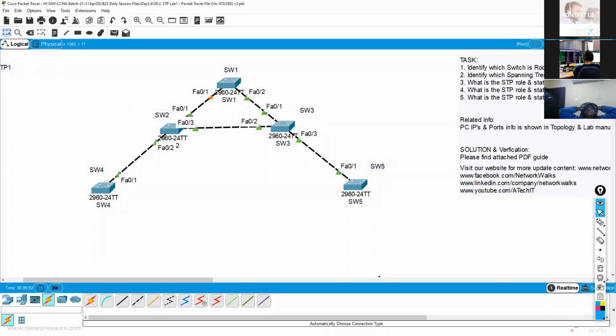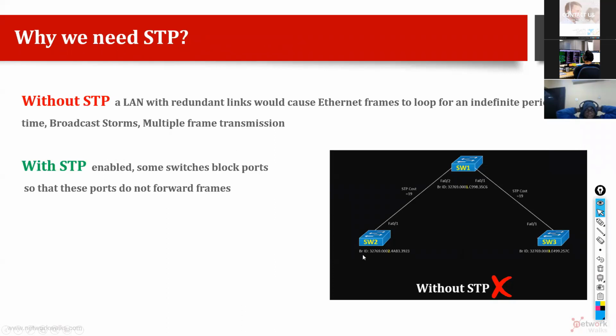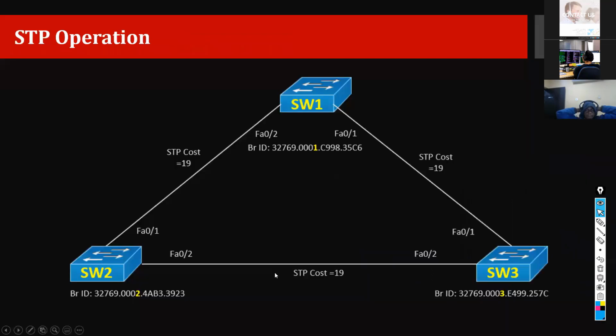You can do some experiments. Can we configure the link? No need to configure, Suhaib, but if you want to implement some extra parameters, then yes, you can do it. Okay, so now you understand why we need STP and what its use is. And then each switch has a bridge ID as well. So let's do it with an example. Without STP, if we have this kind of topology, then we have to remove this link physically. But with STP, we can keep the physical link, but logically it will remove the link. As soon as the other side goes down, then it will come up. Okay, so STP operation, this is the most important thing you have to understand.